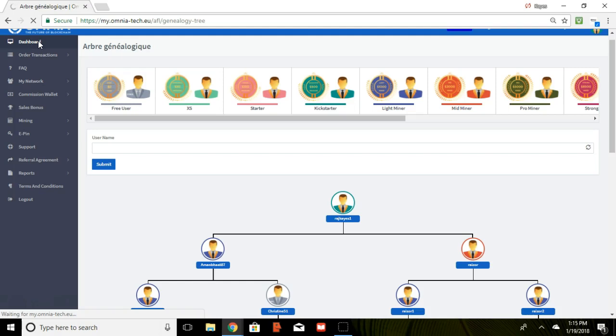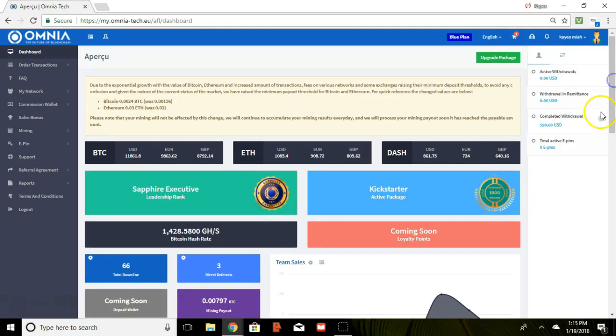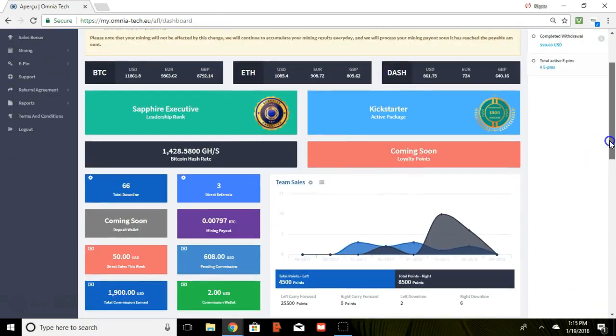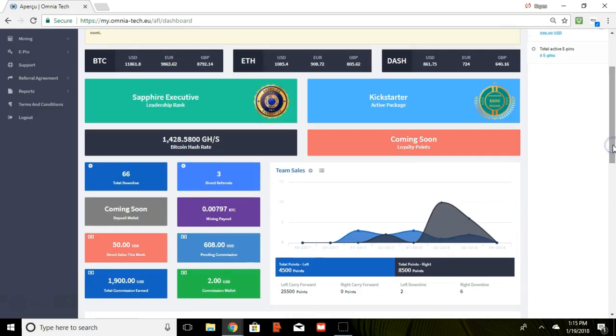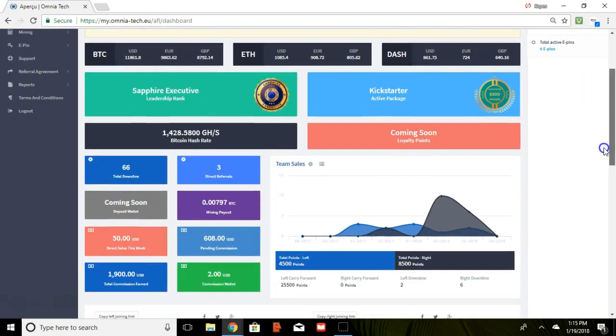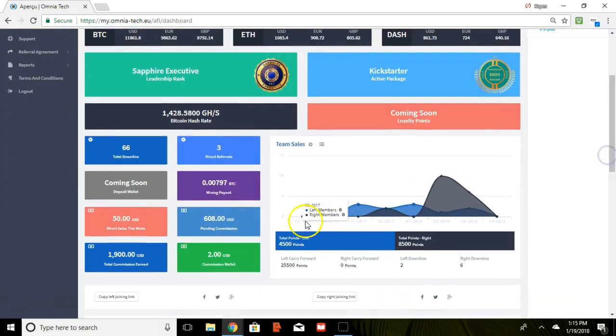If in a particular month you hit minimum 25,000 in your leg, whether it's a left or a right, you need a minimum 25,000, then you get a monthly turnover bonus as well, which is paid to you there. So if I click on